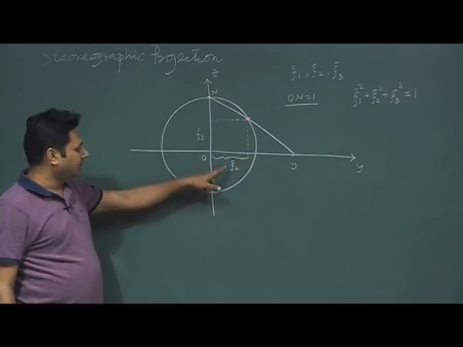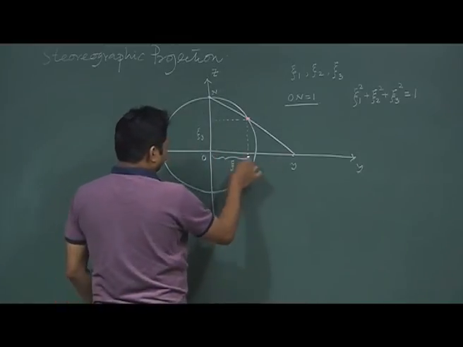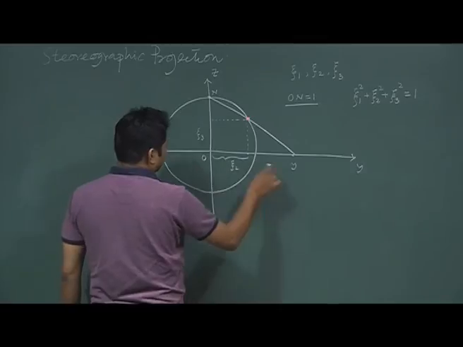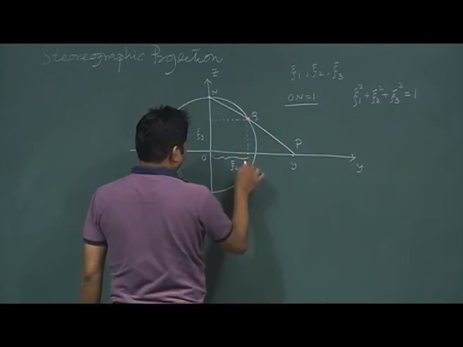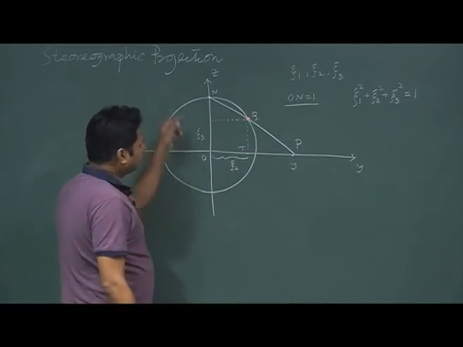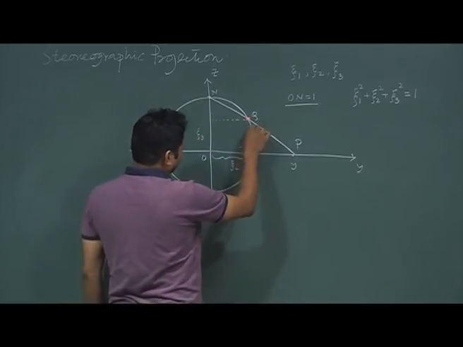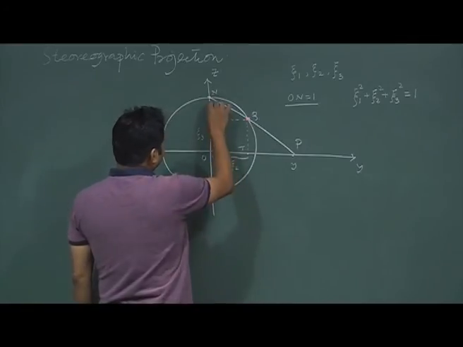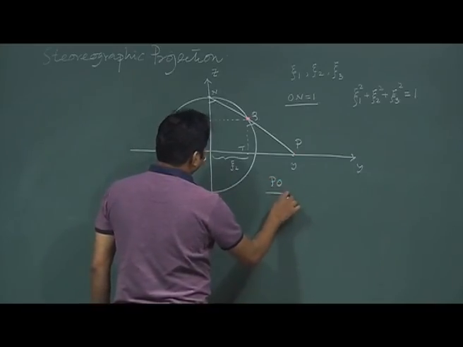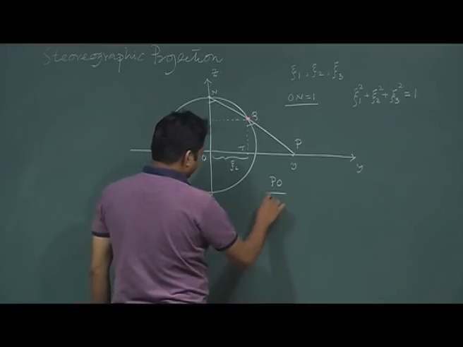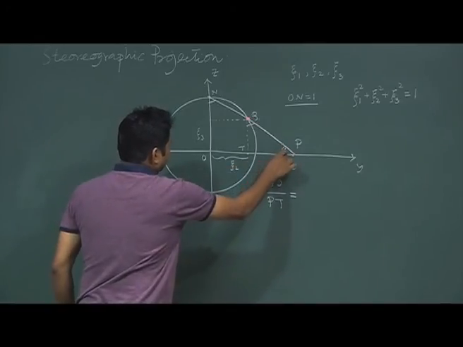So now if I want to find out the value of y in terms of psi 1 and psi 2, I can readily do that. If I consider this point, say P, and this point say Q, and this point say T, from this triangle I should have a relationship. It seems this angle and this angle are the same, so the ratio should be the same. So PO divided by PT is equal to, these angles being the same,